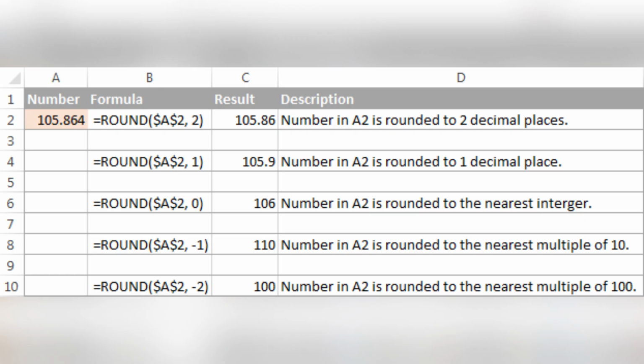And that's it. The number looks rounded in your sheet, but the original value is still used in calculations, so your